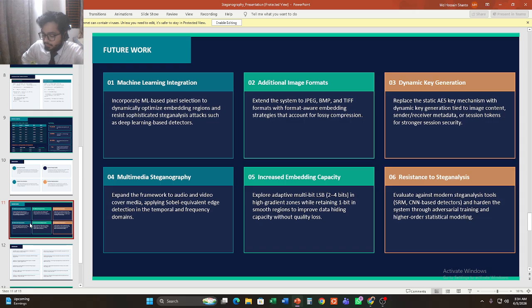For step 3, for each filtered pixel, an XOR operation is performed on the 6th and 7th indexed bits of the RGB block to extract the secret data bits. Step number 4, once the message size is reached, the extracted bits are converted from binary to bytes to reconstruct the encrypted ciphertext. Step number 5, finally, the AES key is used to decrypt the ciphertext back into the original plaintext, recovering the